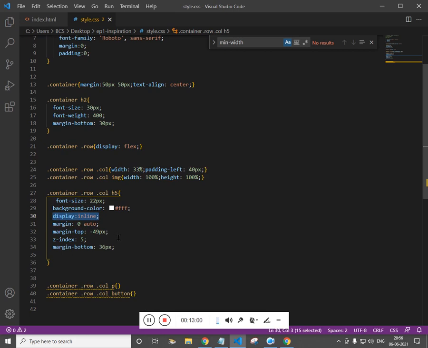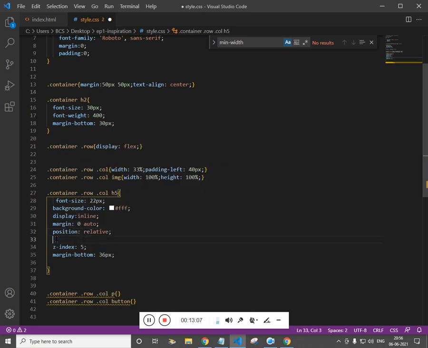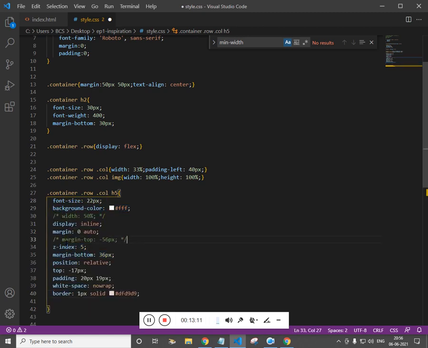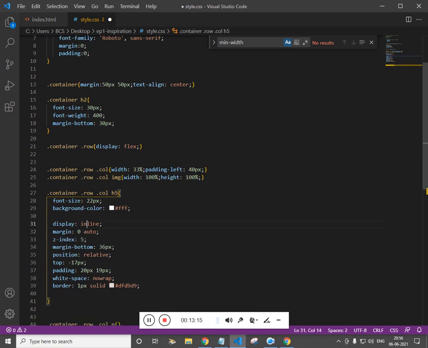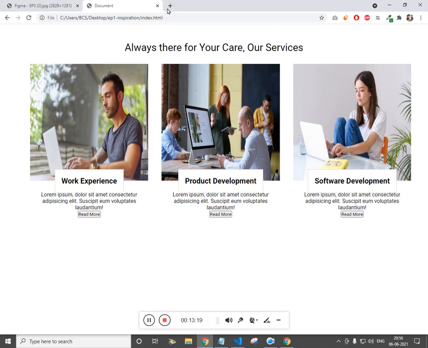And the margin top is not going to work, because we are using position relative as well as the top value. So let me remove this and place it. So we have removed the margin top, and we have removed the width, and we have used the negative value for the top. Fine. Now let's work on the paragraph.